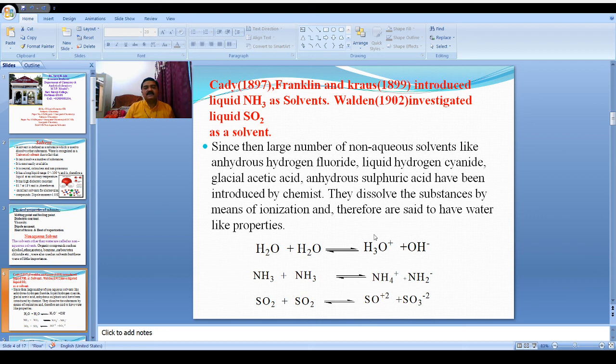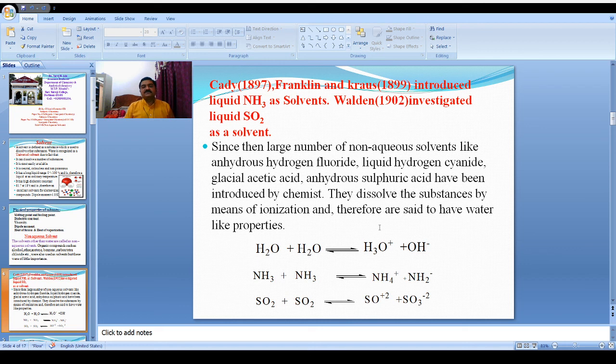They undergo self-ionization. First of all, we take the example of water: H2O plus H2O, reversible arrow, formation of hydronium cation and hydroxide anion. So the first water molecule, when we ionize, gives H positive and OH negative. This H positive is accepted by the second H2O, and it forms H3O positive, the hydronium cation, and the formation of OH negative. This is base 1.